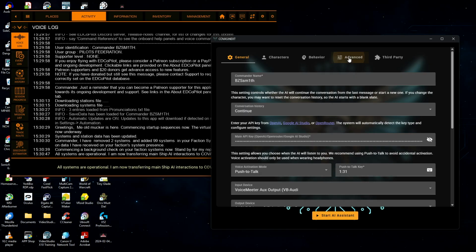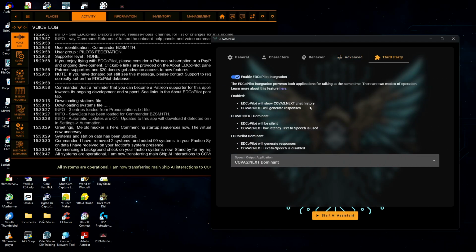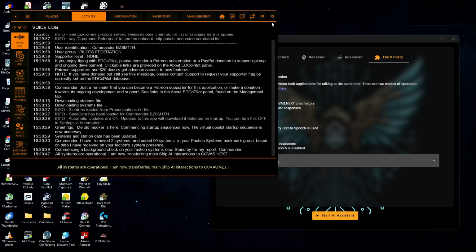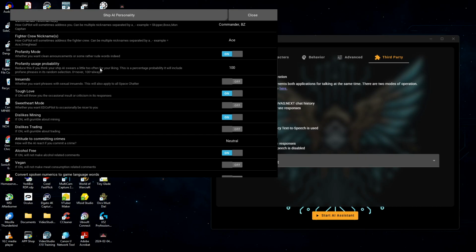All good. You've now configured EDCoPilot integration, and you've told it that COVAS Next is going to be the dominant personality as opposed to the built-in EDCoPilot personality. The only thing that remains for you to do is to go to EDCoPilot, bring up the menu, the settings, go to Ship AI Personality,